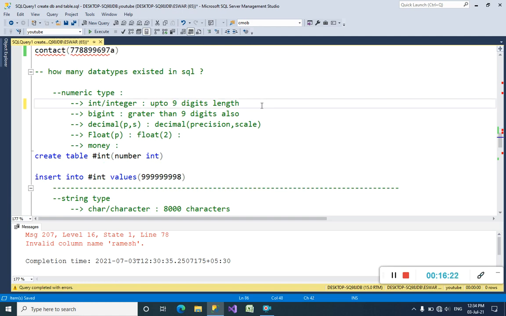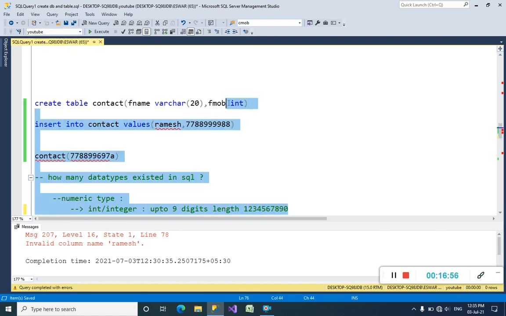It can insert any numerical data like an employee number. Suppose I want to give an employee number 123, that is okay. But suppose I want to give an employee number with 10 digits. We cannot insert more than 9 digits by declaring the int data type.